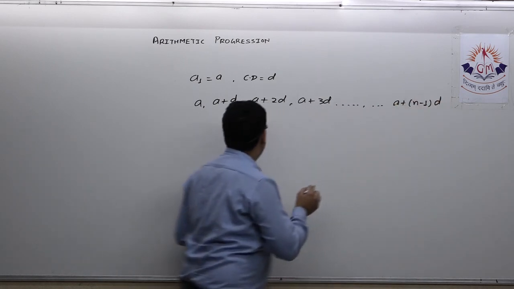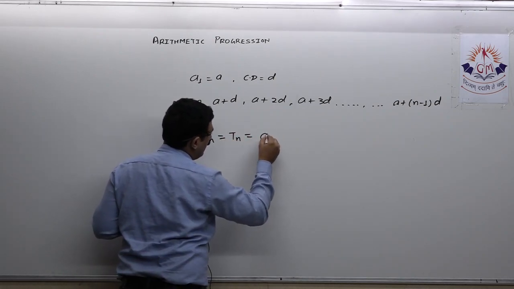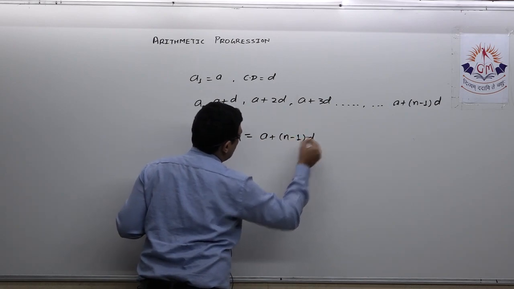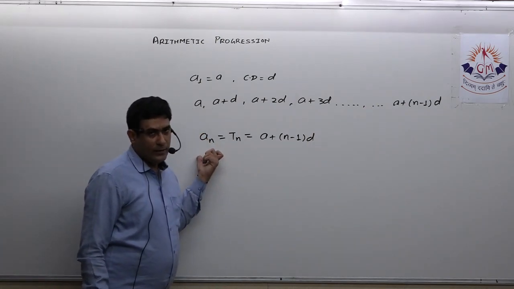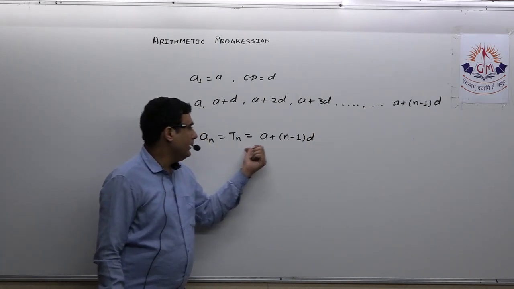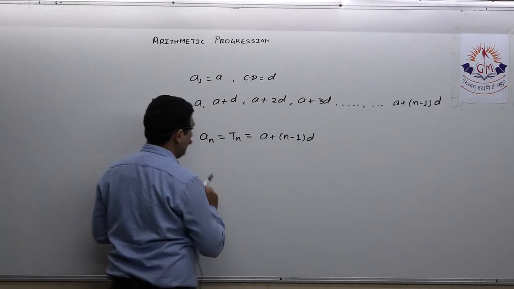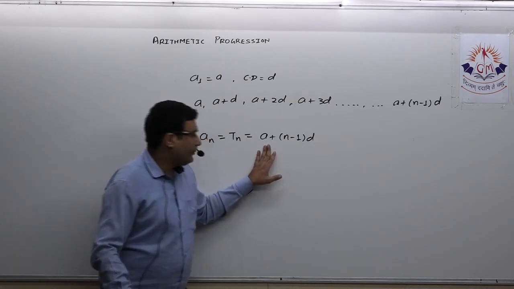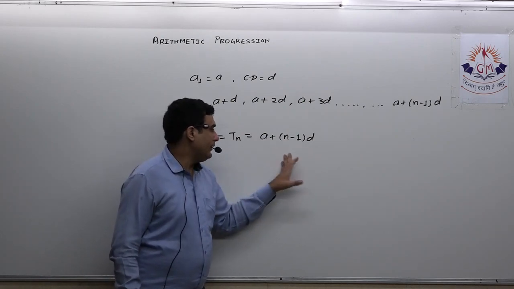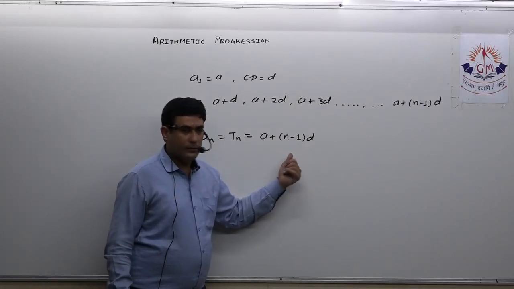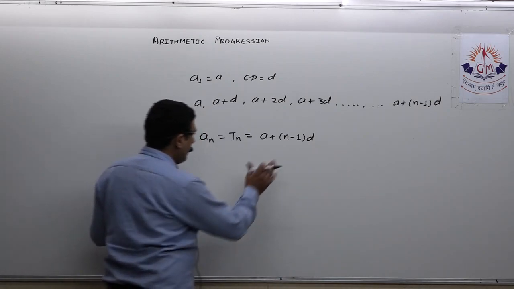So in this way, I will get the general term or nth term of AP, that is a plus n minus 1 into d. an or tn, these are the ways to denote the nth term. Either I can write an or I can write tn, the nth term of the AP, a plus n minus 1 into d. Now with the help of this formula I can find any term of the AP. For example, if I have a, n and d, and if it is asked to find the fourth term or the 14th term, simply I will put n equal to 4 or 14 respectively.